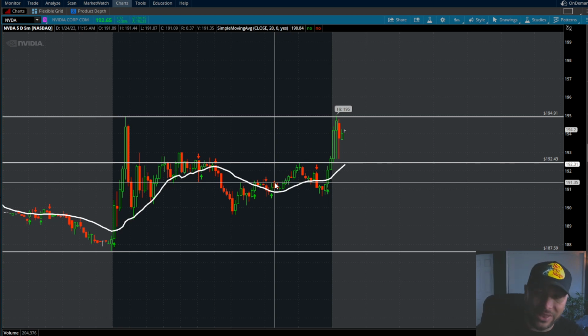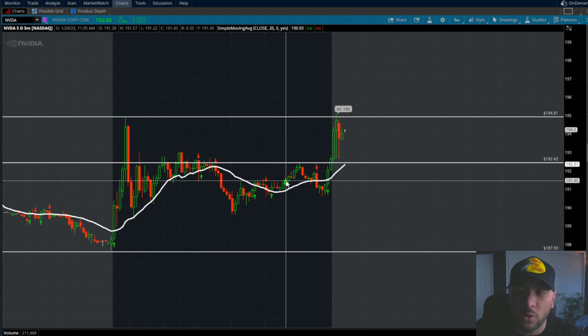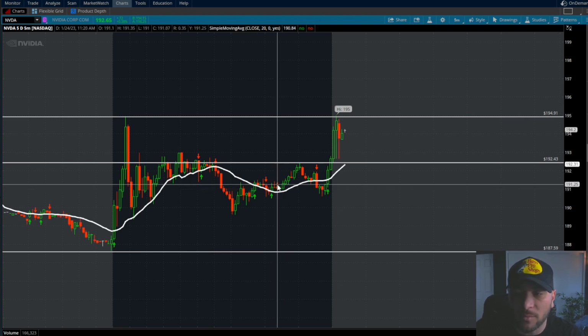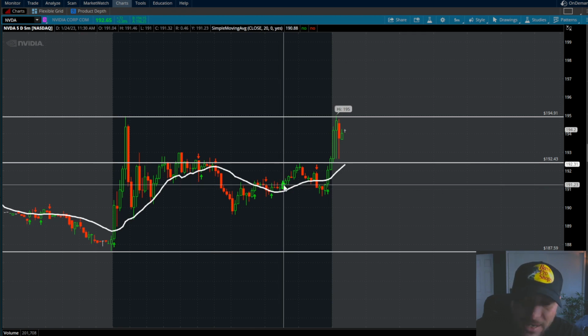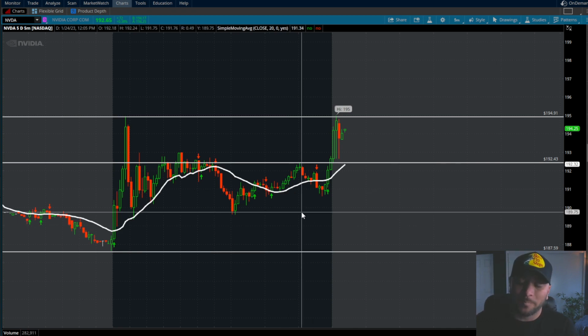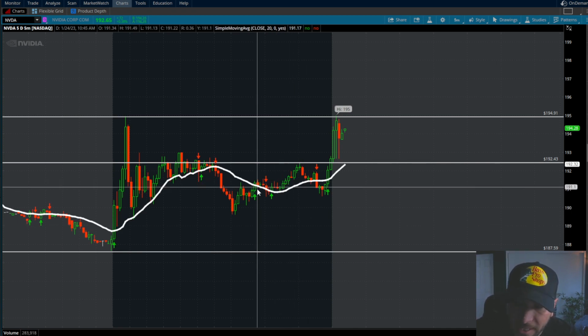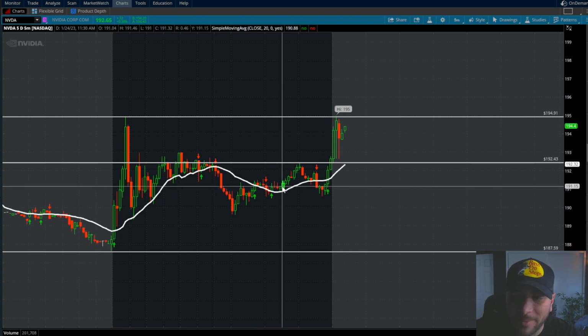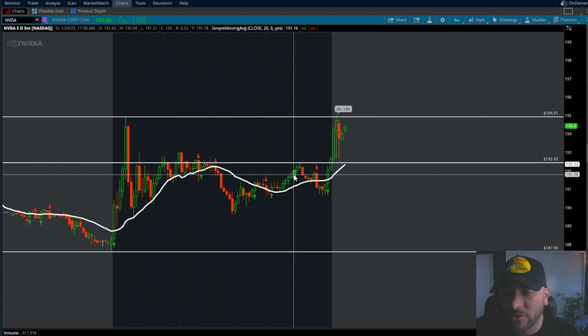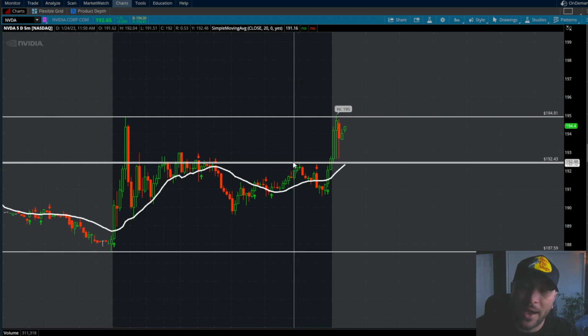And on something like this, if this doesn't start to move, right? So I get into this trade here at 11:15. If it doesn't start to move in 5, 10, 15 minutes, I've got to cut it, because the longer I hold a C plus setup, the more opportunity I'm giving it to come crashing down on me. So if you got into this play and you started to ride it up and it's just grinding higher and higher, and you're up maybe 10% or 12%, 13%, you have to identify